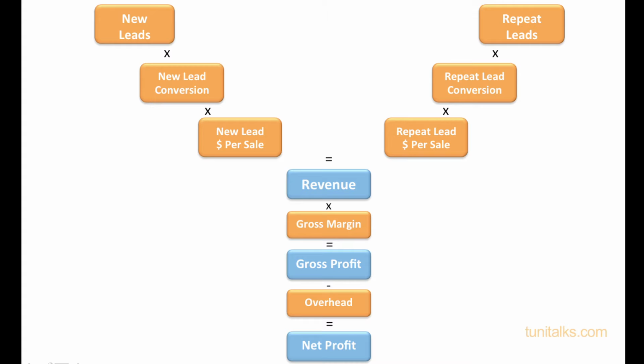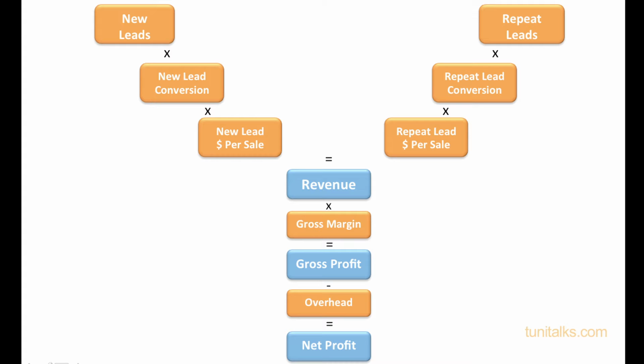So to make that clear, if you sell t-shirts at $10 and you buy the t-shirt from the supplier at $5, that means you have a $5 gross profit, which means you have a 50% gross margin. Make sense? So your revenue times your gross margin gives you your gross profit, but is that all your costs? You still have rent and salary and insurance and marketing costs and all that stuff. So that's called overhead. So your gross profit minus your overhead is what equals your net profit. Those 8 numbers are the universe of profitability.